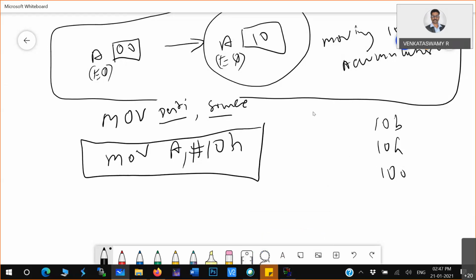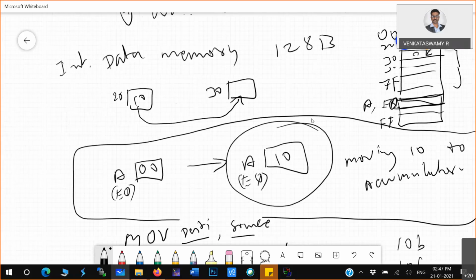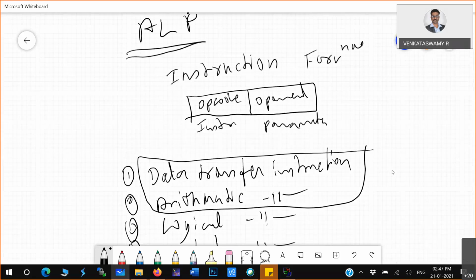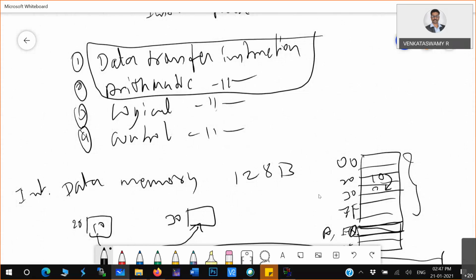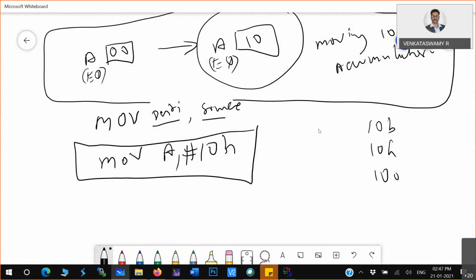This is a data transfer operation, and we can do much more in data transfer. Using this we understood how assembly programming looks. Move is the opcode, and the parameters are A and hash 10h. So that program I'll write.